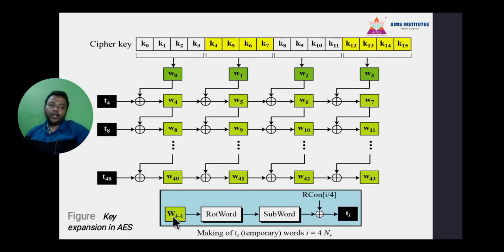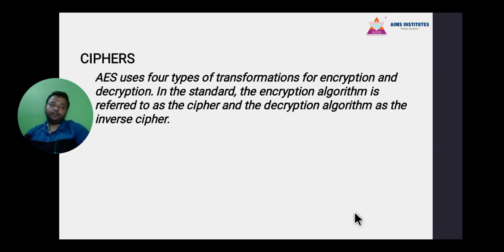Every time, the word that I get is sent as a RotWord, and this RotWord is used for the SubWord, which is XORed with the round constant to get Ti. This Ti will help us figure out how many rounds we will be using for key expansion. So this T would again be used for the key part to expand it to the key for the add round key.